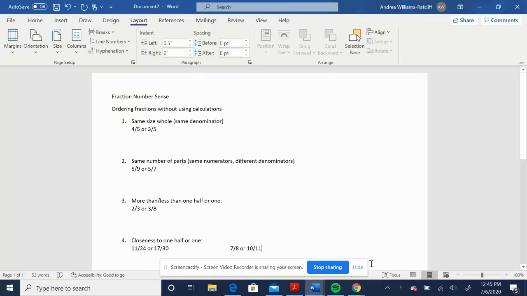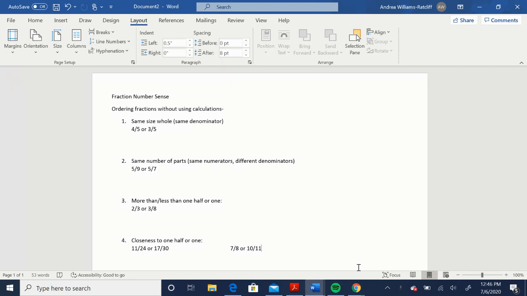Okay, we are looking at some of the fraction number sense, which is in chapter 14, and also in the discussion board possible problems this week that you have to choose from. We are being asked here to order these fractions without calculations. So we're asking students to be able to reason and compare fractions without having to do cross products or convert